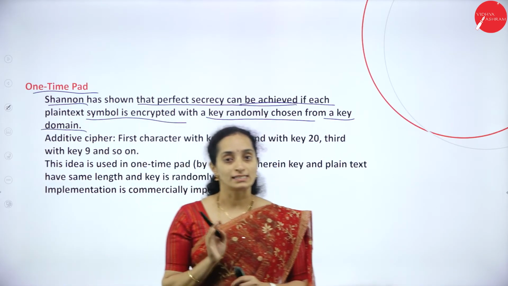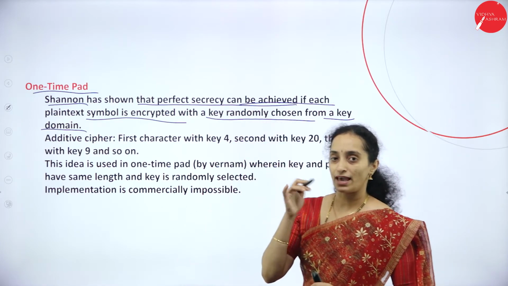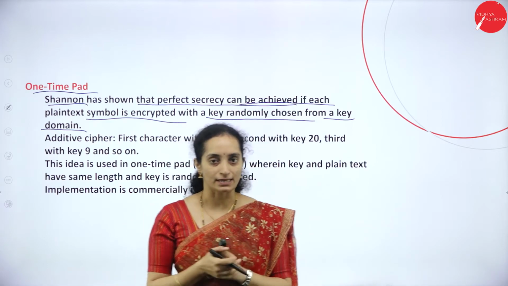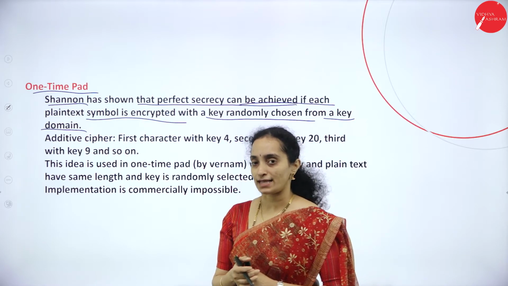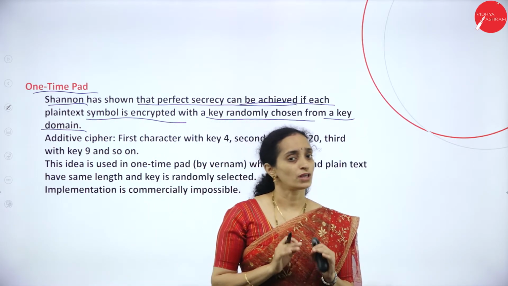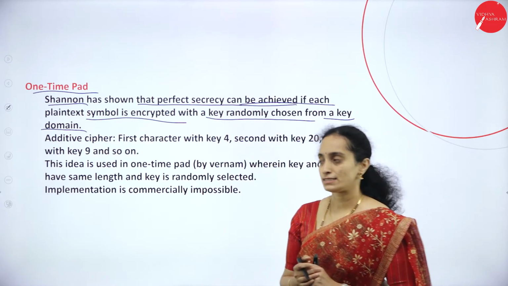Instead of a single key for all the characters, like if the key is 4, applying the integer value 4 for all the plain text characters will not be so secure. You cannot maintain the secrecy of the data in such a case.